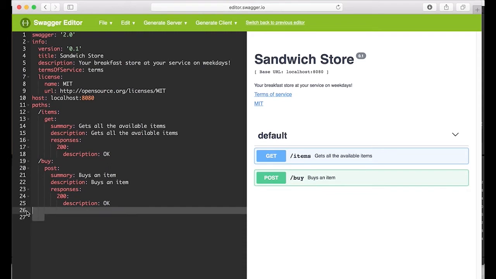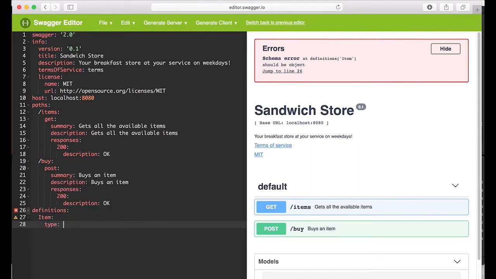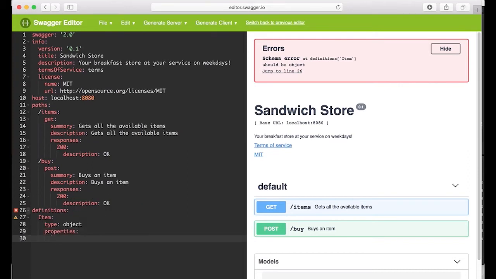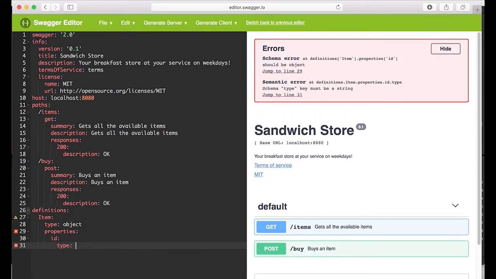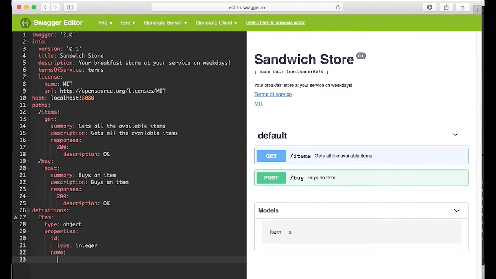First, let's define the model, definitions, item of type object, and the properties would be, let's say, an ID, name, and the price, right? The type of an ID would be, let's give an integer value for that. Integer. For the name, let's put string here for the type. And for the price,